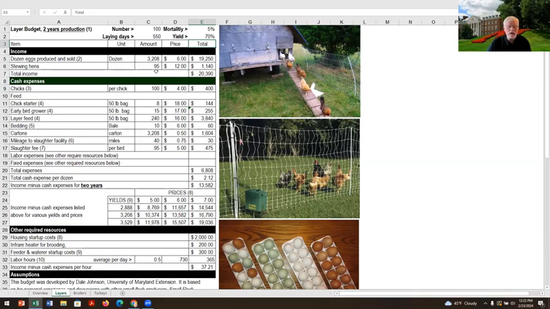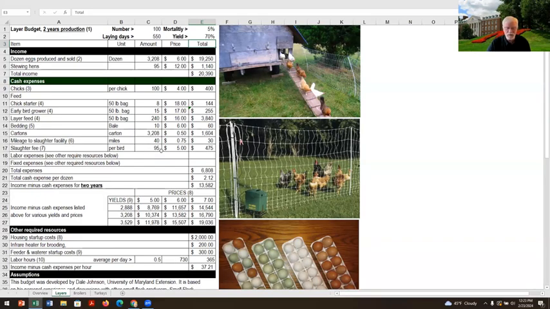I'm going to sell these hens for stewing, but I'm not going to slaughter them myself. I'm going to have somebody else slaughter them. So here's my mileage to the slaughter facility. And this might not even be an option, because you may not be able to find somebody who can do it for you so that you can sell them. Depending on where you're at, you've got to follow the regulations. So you may or may not be able to find some place that can do it for you.